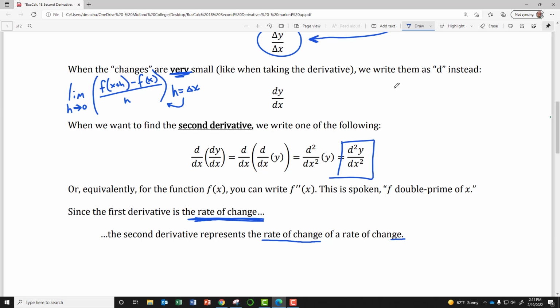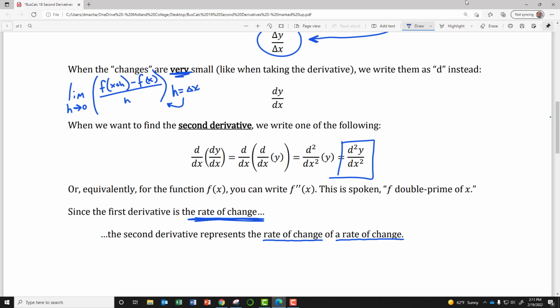Well, a derivative, so it's talking about the rate of change of a rate of change. And that might sound completely ridiculous, a little bit silly. But there's one very real thing that I think we're all familiar with, where we talk about a rate of change of a rate of change. And that is